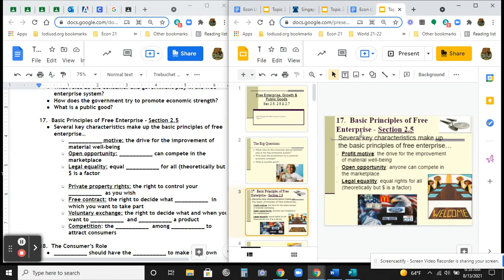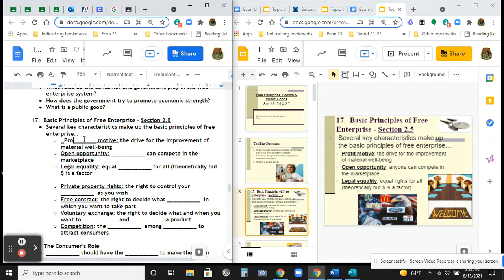So there's a few basic principles of free enterprise. It's going to go on this slide and the next one. And there's several key characteristics that make up the basic principles of free enterprise. I think the most important one, though, is profit motive. People are trying to make money. Go ahead and write the word profit in here. And then everything else kind of derivative of that. But there's other issues as well, and we'll get to those too. Profit motive is the drive for the improvement of material well-being. The attempt at securing wealth, money,